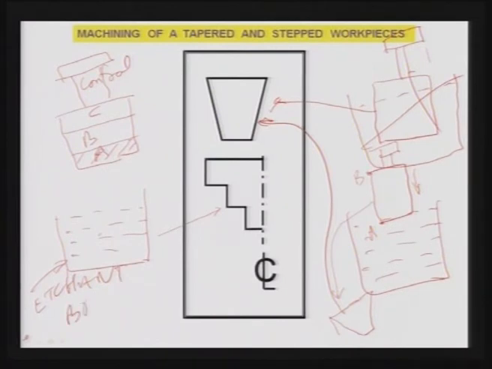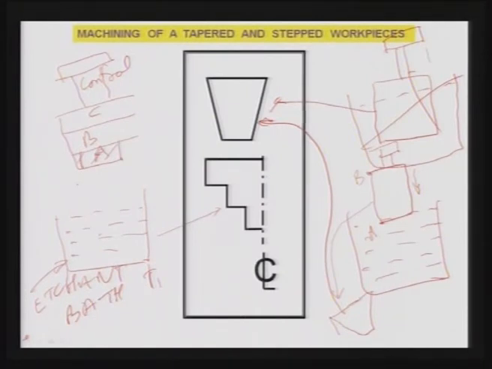Etchant bath. You dip it for a certain period of time, say T1. So, what will happen? That certain material will be removed from here, and you will get the workpiece of this shape.